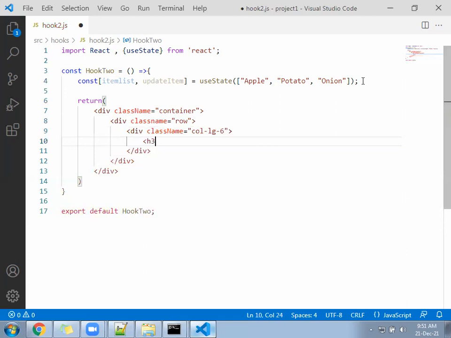Write there h3, useState, comma, spread operator. This is called a spread operator.